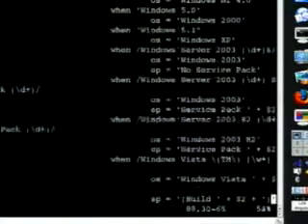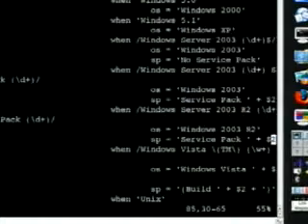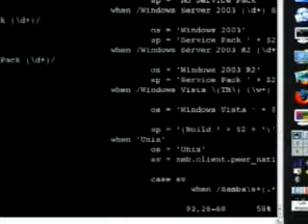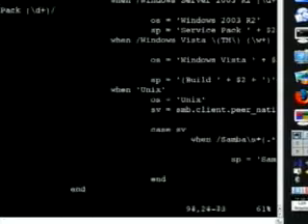We see that continue down here. Windows Vista, exact same thing. They give you the full build number, the version number, whatnot. I mean, they're getting much better at being friendly to us hackers. So down here at the bottom, you see we look for Samba, and in the case